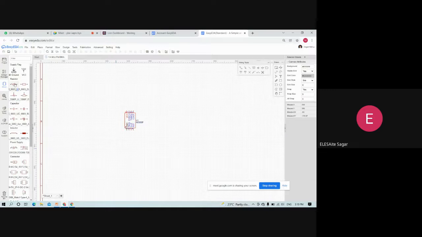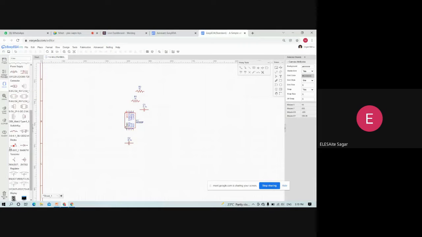And we need two resistors, R1 and R2, and a capacitor. As per the circuit diagram, I am building this circuit.